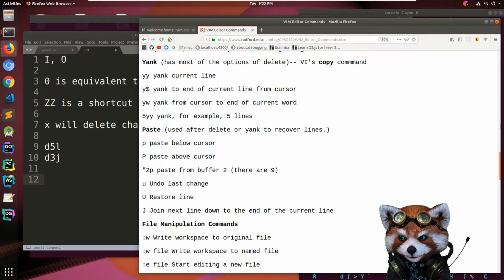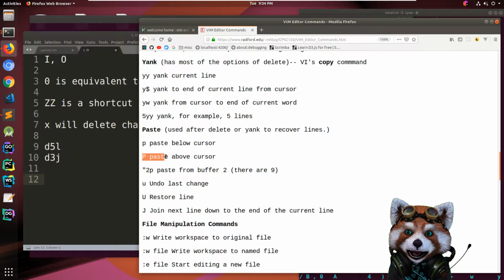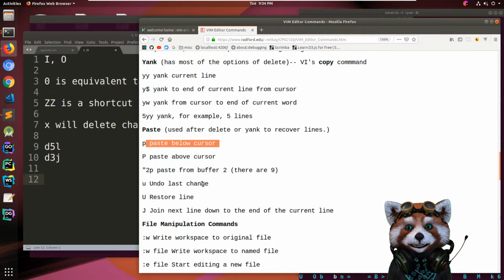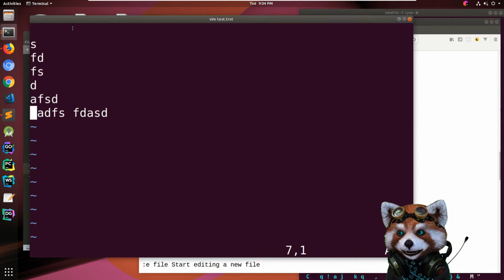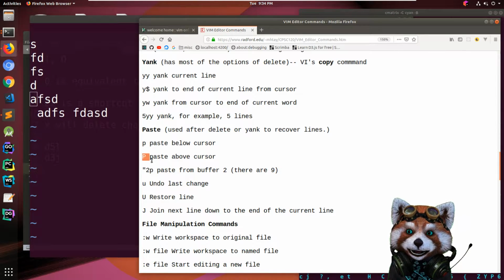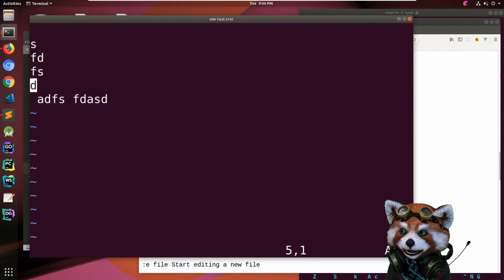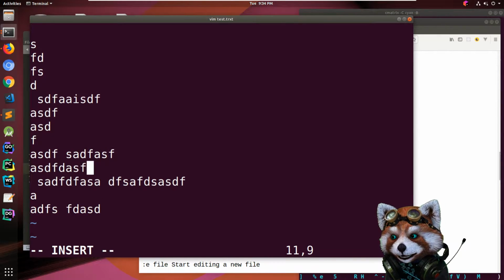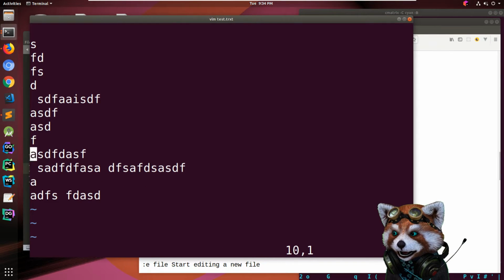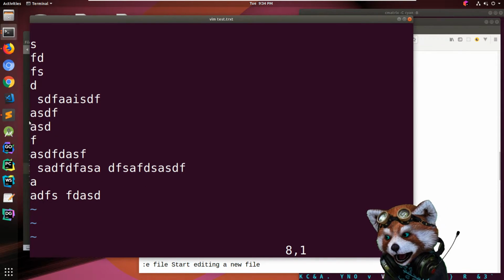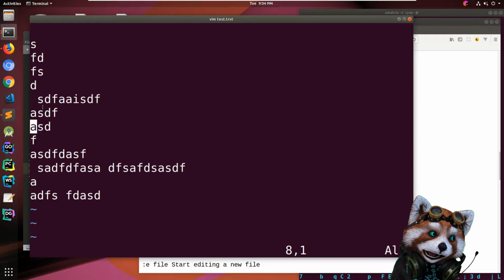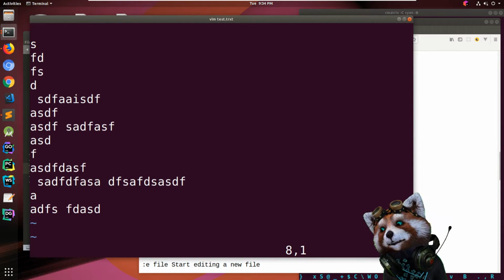Let's see. So paste. Oh, I've always used only Shift P. I've never used lowercase p. I didn't even realize that was an option. And it makes sense because pretty much all these have a lowercase and an uppercase option. So I would always do P, because that basically does what you would expect it to do. Let's say I delete this line here and I want to insert it here. What I expect is to insert it where my character is, and then to push everything down a line. And that's what Shift P does. It inserts it there and it pushes